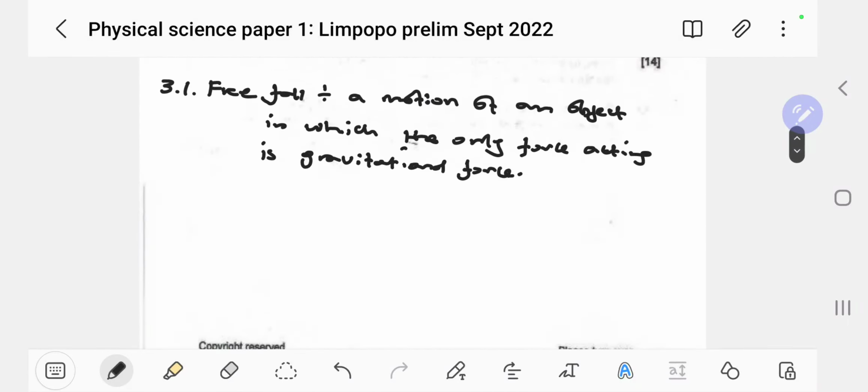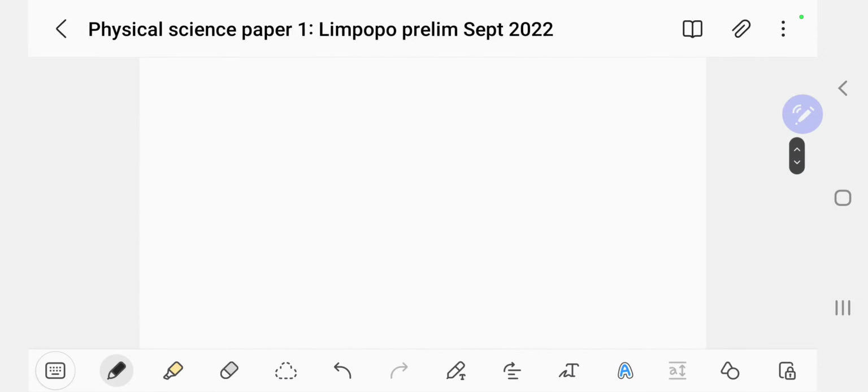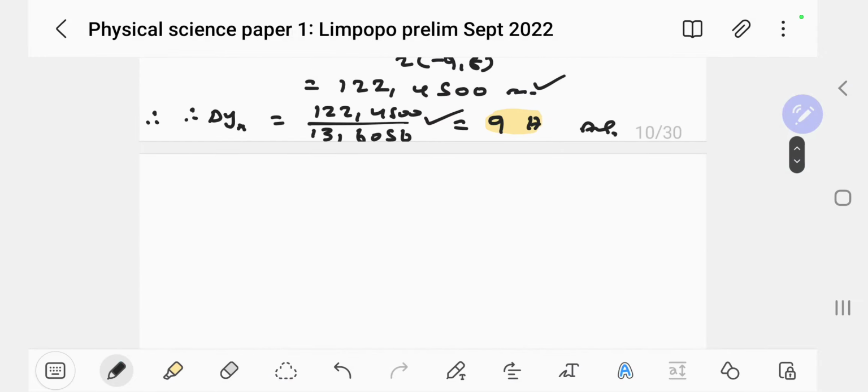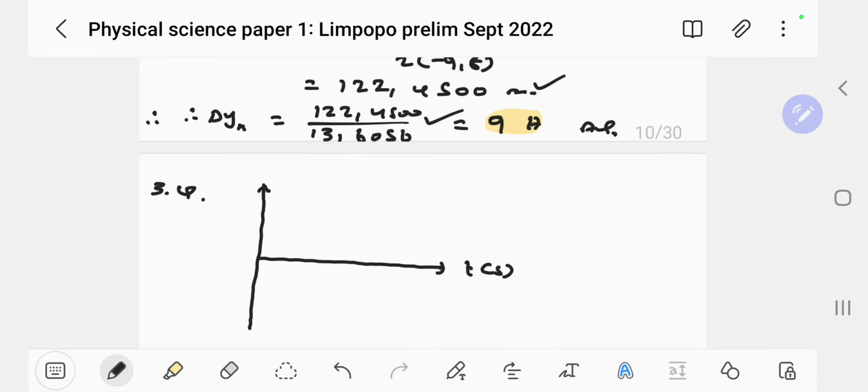So this is 3.4. So let's have a look here. I don't really have a ruler, so I'm just gonna do a rough sketch here. But when you do velocity time graphs, you need to be careful. You need the negative and the positive. Of course, this is the 0 mark, and then of course you have time in seconds, and then we know the entire motion is 10 seconds, right? Then halfway it was 5 seconds. It has to be, because the time it takes to reach the maximum height is the time it will take to descend to the ground again.